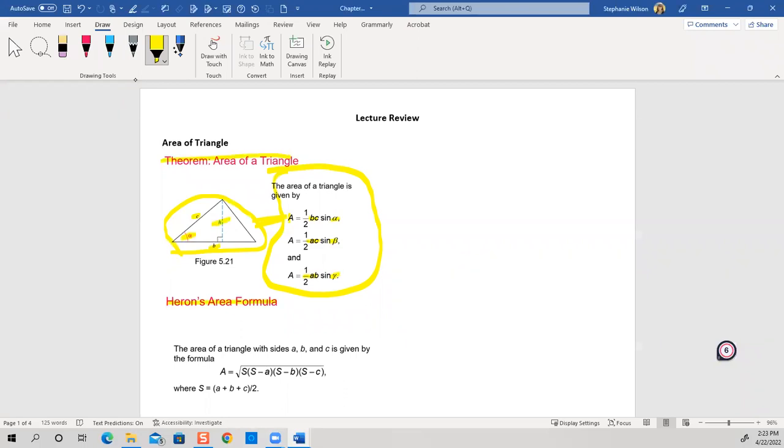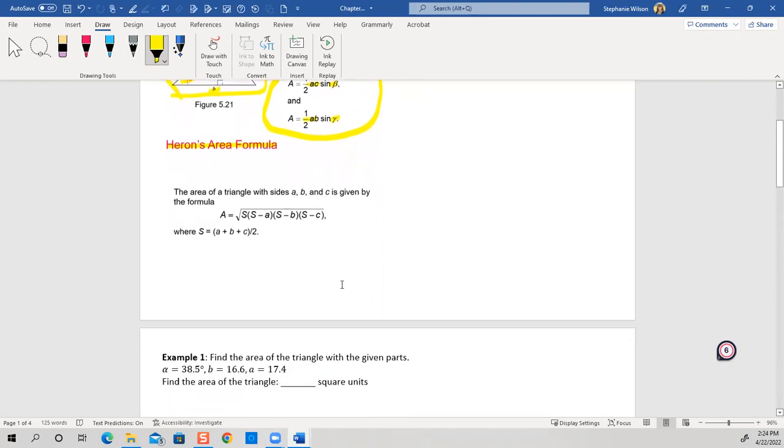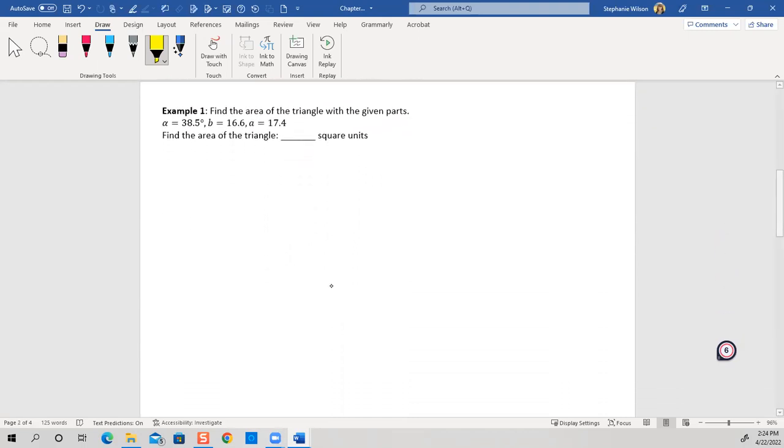The Heron's area formula. The area of a triangle with sides ABC is given by the formula of A is equal to this. And then where C is equal to this. And let's just have this so when we get started, and let's just jump in here and do some examples. So on the first one, it says find the area of a triangle with the given parts. We're given a degree of alpha, B, and A. So we got sides B and A. So knowing this, we can say, okay, well, let's solve for,